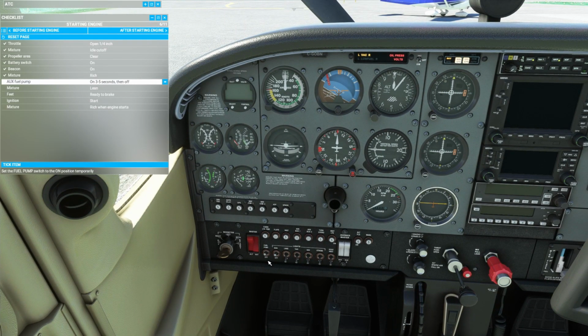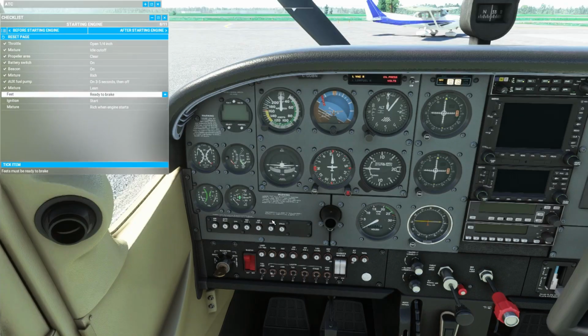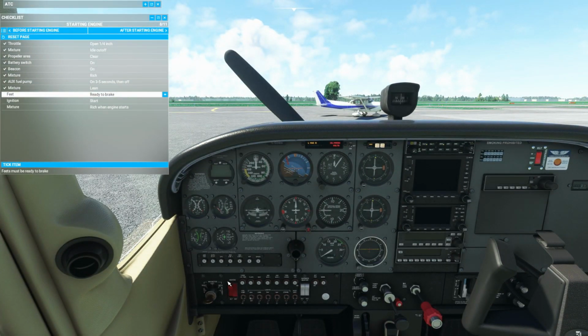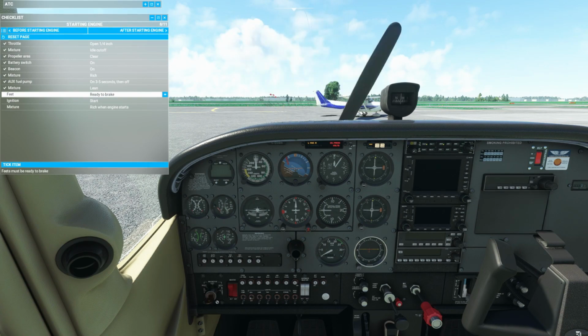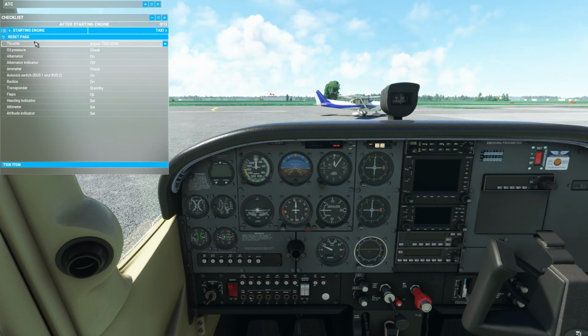Going on for 3 seconds normally, but mixture should now be leaned. It is lean and fit ready to brake. Now let's start the engine. Well, we have a good engine start. That's it. Ignition is start. Mixture should go rich. Now after engine start checklist, the throttle should be set to 1000 RPM,